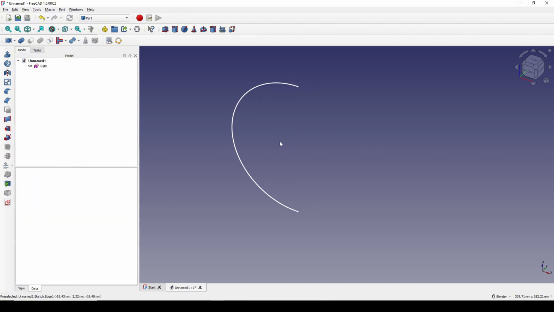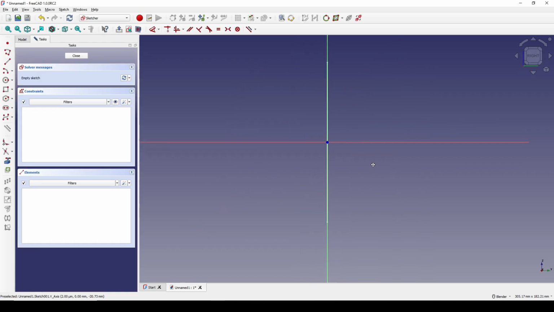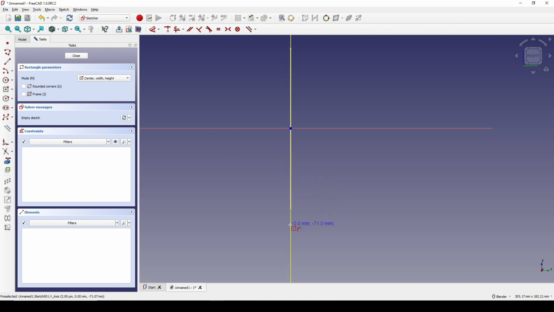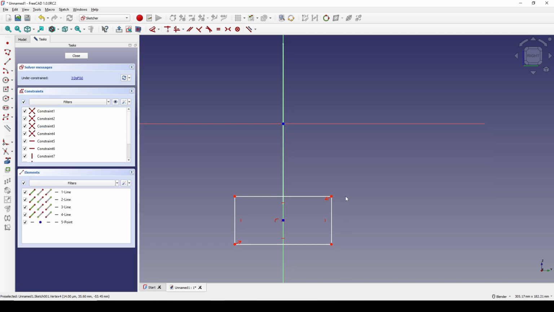Next, I need a profile to sweep along this path. So I create a new sketch in the right view, and I create a center rectangle. Start from the green line, go out, and I select this point, and then I hit D, and I set the distance from this point to this red line is 42.5,